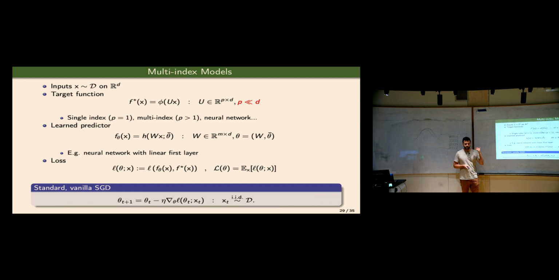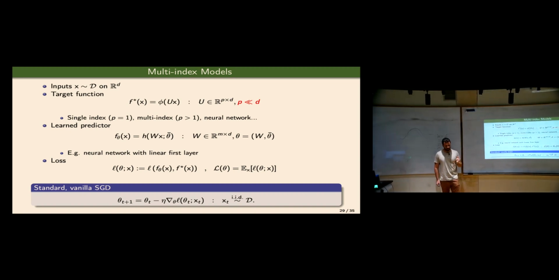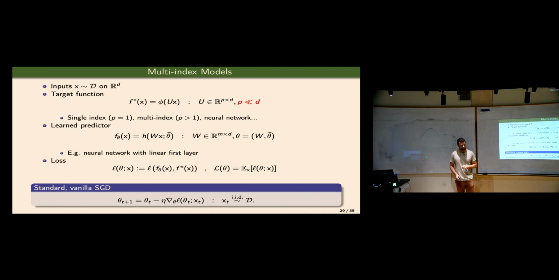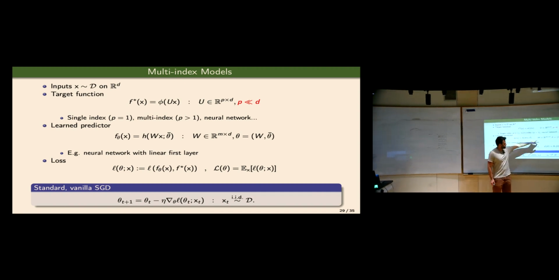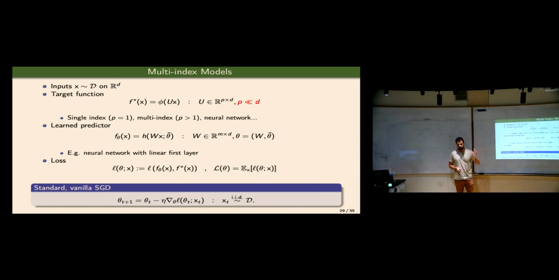In the parity example, U is basically the directions of the parity. But if you don't know U, then finding U is very difficult, and until you find U, the gradient is going to be uninformative, the loss is going to be bad, etc. So the predictor we're going to have is similar. We're going to have some W times X, just a linear layer, and after the linear layer, you can take whatever you want. This can be a deep network, it can be a transformer. I don't care, I just want the first layer to be linear. And I'm always thinking of a setting where the width is much smaller than the dimension. So in general, the dimension here is going to be bigger than all the other parameters.